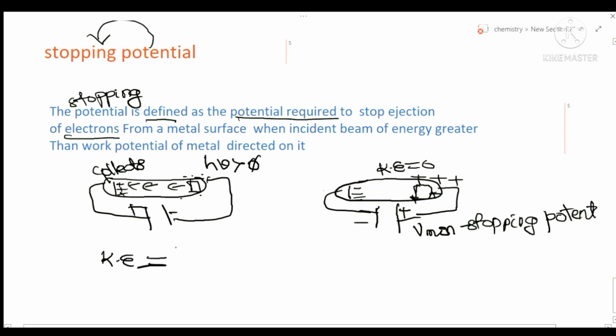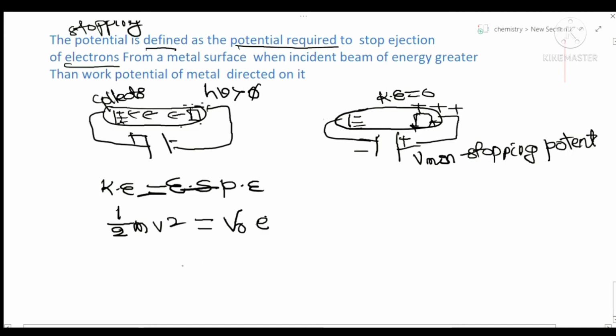How is kinetic energy converted in this case? The kinetic energy is converted into electrostatic potential energy. Kinetic energy is half mv square, which is converted into the electrostatic potential energy. So the stopping potential we denote with V naught, and for the electron, V naught into e. So from this we can write that